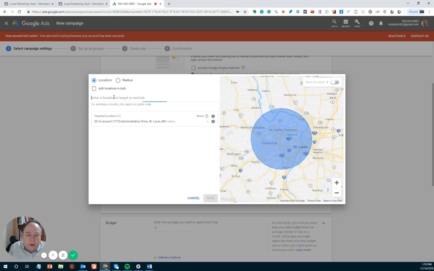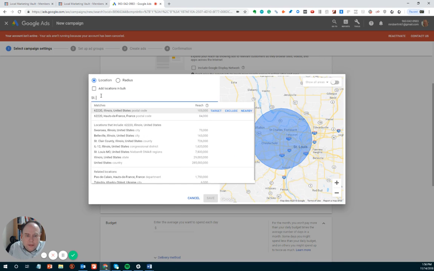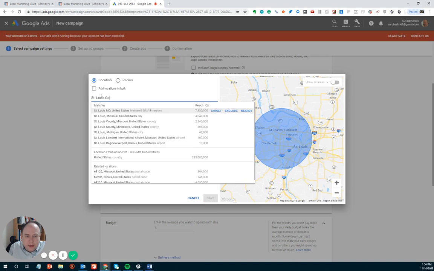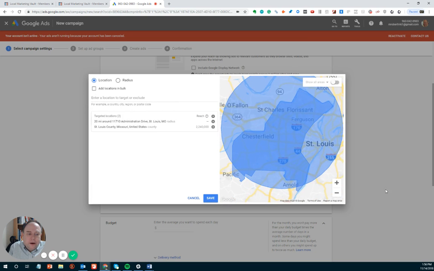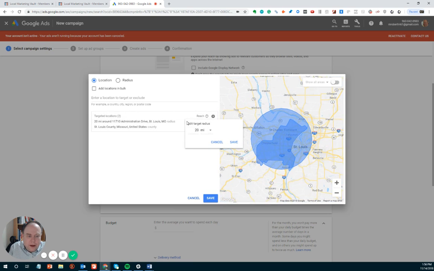Now, we could also do counties, I'm pretty sure. Let's try this. St. Louis County. There it is. Well, that's Minnesota. St. Louis County, Missouri right here. Right? So now we're picking up the whole county of St. Louis County. Right, but again, what I'm going to do is I'm going to come back here. I'm going to edit this down to a 15-mile radius. I'm going to get rid of St. Clair County, and then